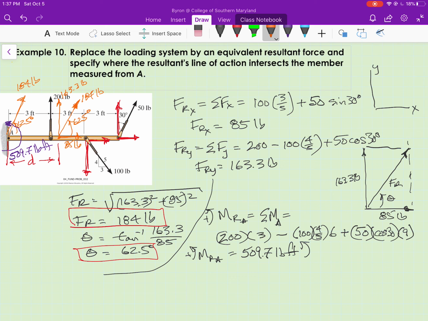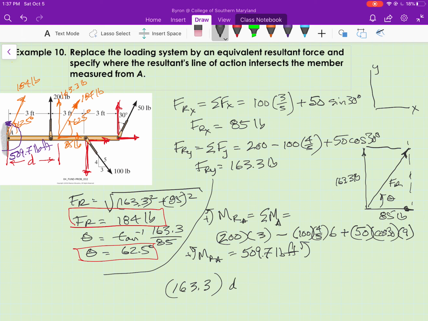The Y component of that 184-pound resultant force is the only component that creates a moment about A. And its moment about A is 163.3 pounds